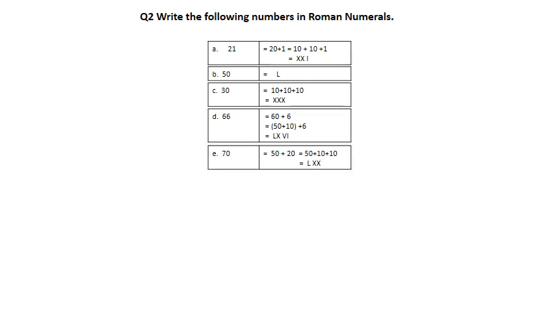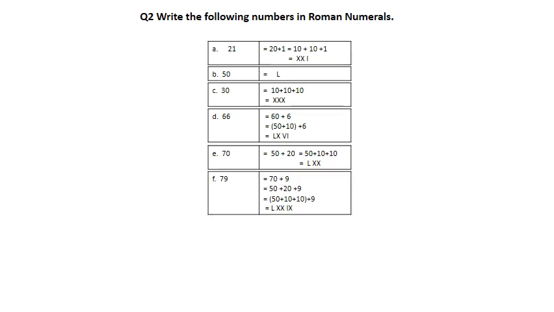Okay, the next one is 70. Now this 70 again we are going to split as 50 plus 20. Now 50 is our basic symbol and 20 is not our basic symbol. So this 20 we convert into basic symbols as 10 plus 10. So the value of 10 is X and here X. So we write down the answer as L, X, X, which is 50 plus 10 becomes 60 plus 10 becomes 70.